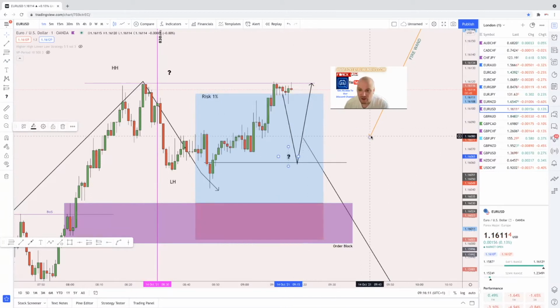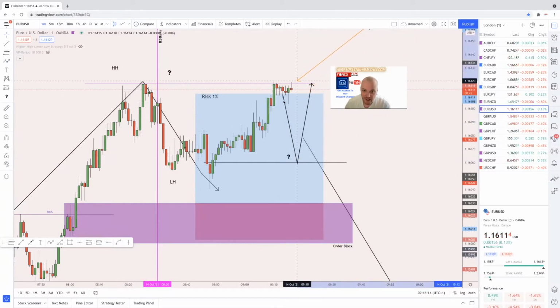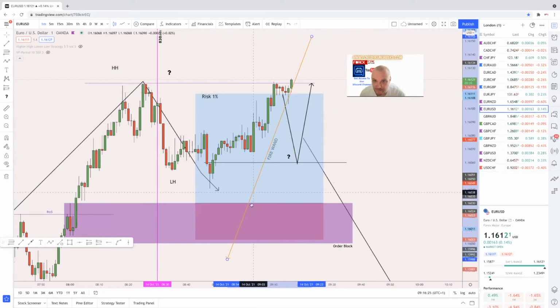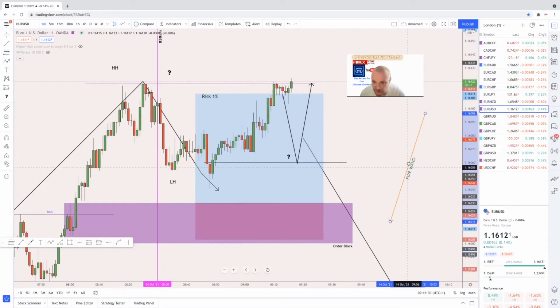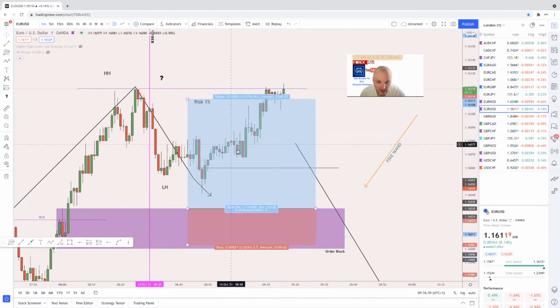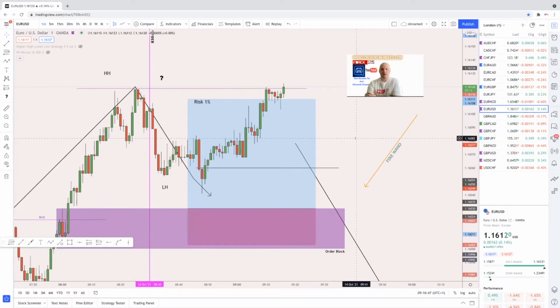If this does push straight out of there, things change. We just get rid of this bias, and we get rid of the question mark, and we get rid of that, and there we are. That has broke out as we speak. So there we have it, guys. I'm just going to make my wand a little bit smaller there. So what we'll do is we'll get rid of that bias there. We'll get rid of that. And we are now looking at, because we've had the break, I'll wait for the closer candle as well, to be fair. I want to close a candle above that line, even though it has took liquidity.